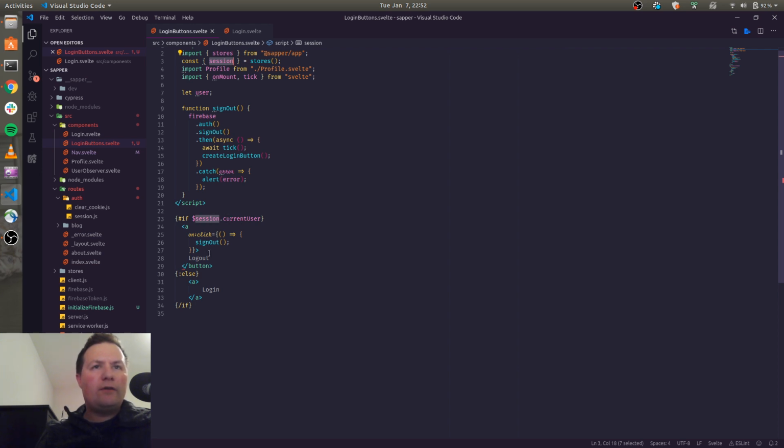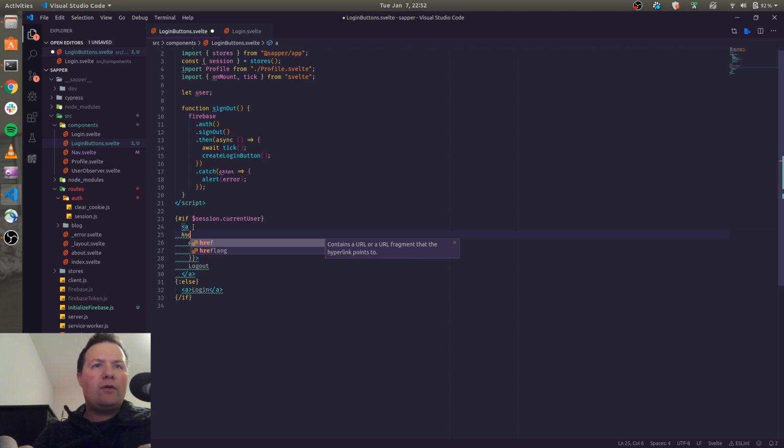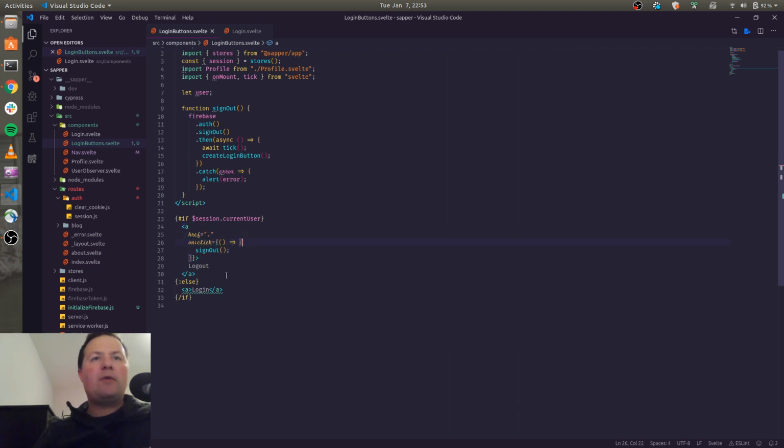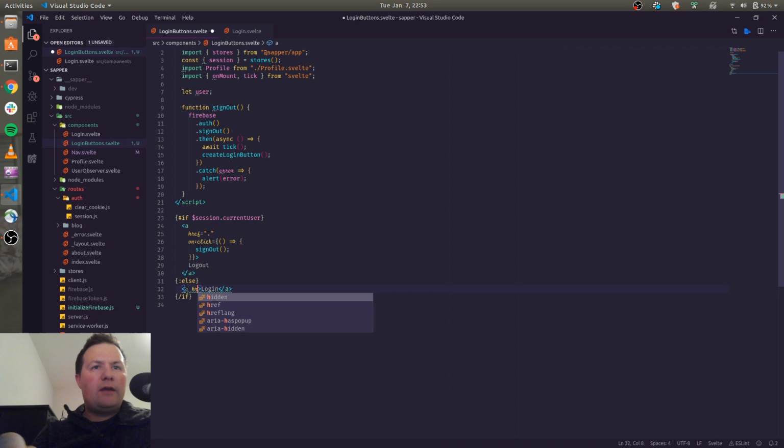If there is a current user, we will show a logout button. Otherwise, we'll show a login button, and we'll have that navigate to